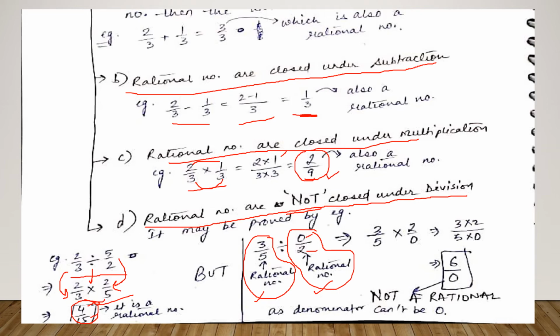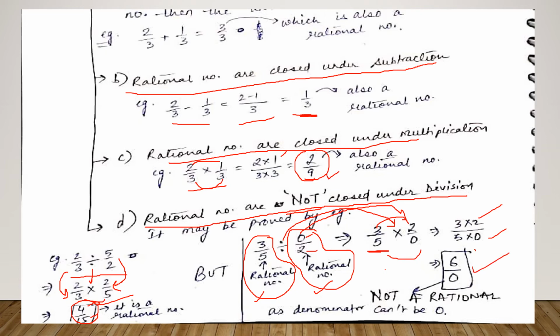No issue. Now we all know what to do. In division, we will make this first term same to same, 3 upon 5. We will make the divide into multiplication and we take reciprocal of this. It becomes 2 upon 0. Now 3 2s are and 5 zeros are. It becomes 6 upon 0.